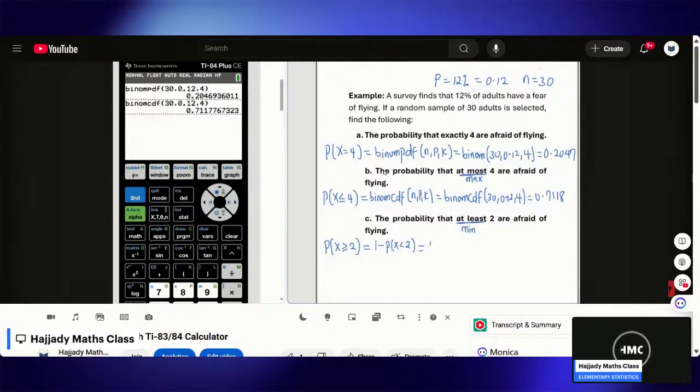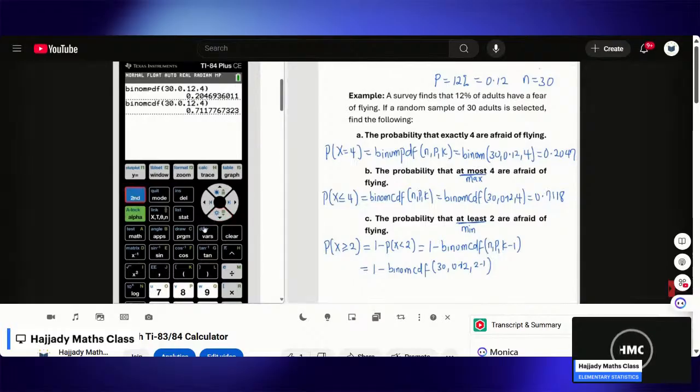Which translates to saying 1 minus binomcdf of n, p, k minus 1. Here we have k minus 1 because it is less than 2, not equal to 2. So here we have 1 minus binomcdf. n is 30, p is 0.12, and k minus 1 is 2 minus 1, which is the same thing as 1. Now using the calculator here, we have